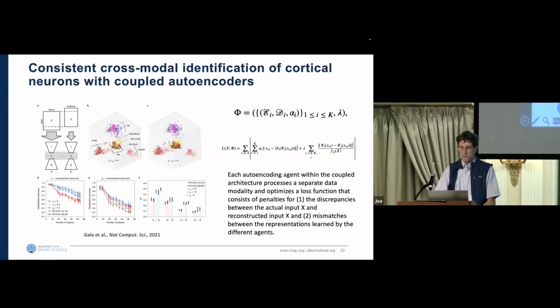Okay, and there have been some nice mathematical techniques for connecting these things. We can use the patch-seq as a ground truth, and that provides us with a training set to associate transcriptomics to physiology to morphology. But then what we would like to do is take data sets where we didn't have that and somehow extend that. And so here's a method which we developed in our group a few years ago,